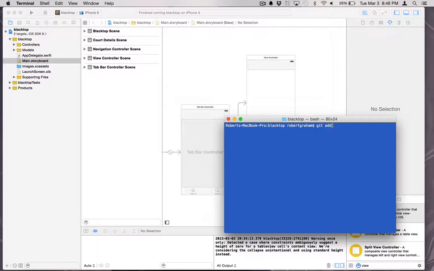You can do git add and the name of the files that actually changed and add them to that commit, and then you're going to do a git commit -m fixes number 9, whatever. Boom. Now that's added there, and now you want to push that branch to your remote, which is origin,